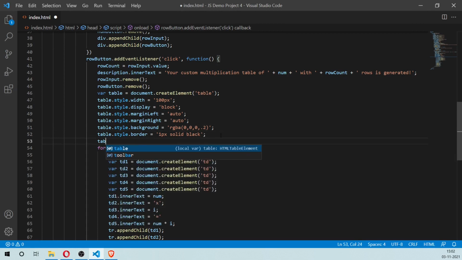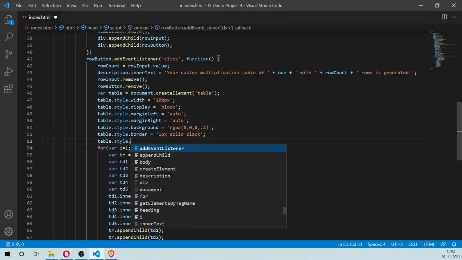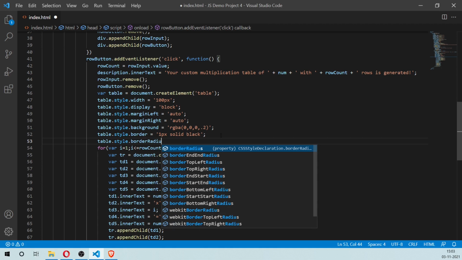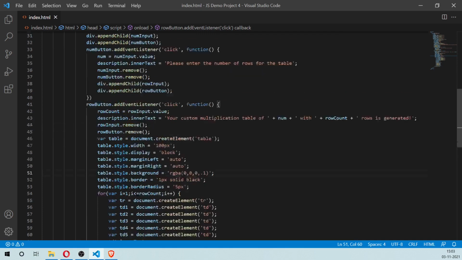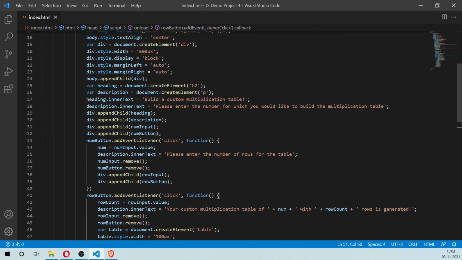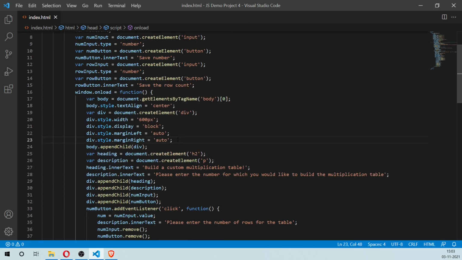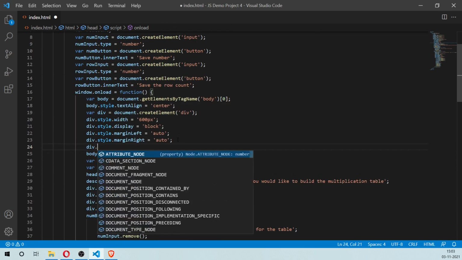We'll also give it a border radius of 5 pixels. Okay, so we'll make it really subtle, and we'll also give the body and the div a background.